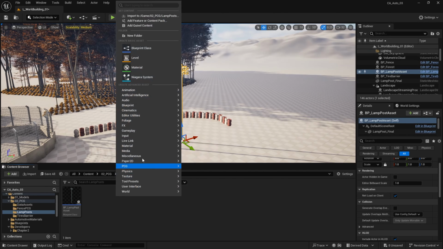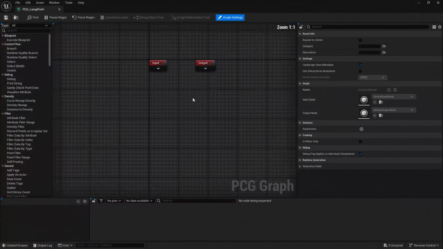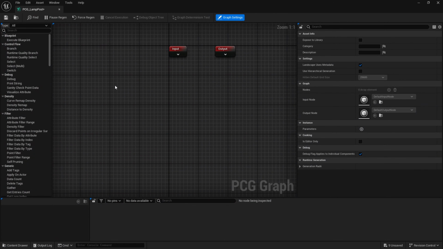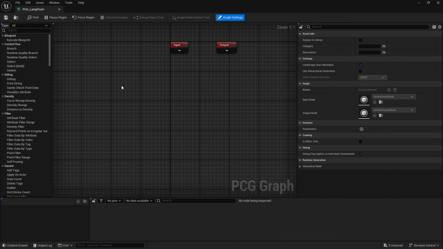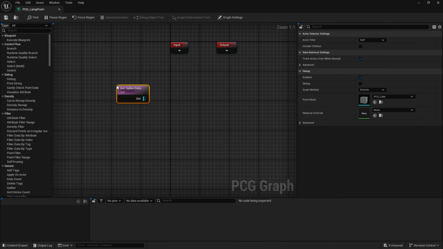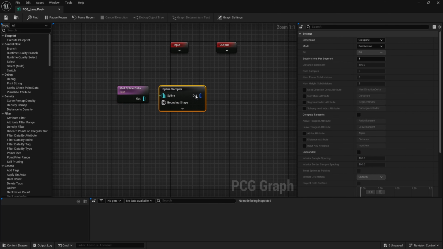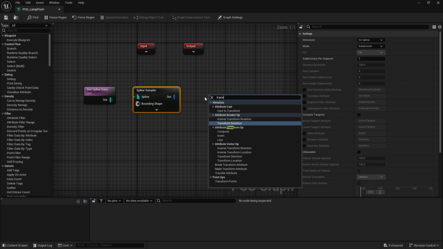So I'm going to right click and search for PCG graph. Let's call it PCG lamppost. Double click on this and I'm going to add the necessary nodes to make sure that it works along this plan that we're going to then create inside the actor blueprint. So let's search for get spline data, add spline sampler, transform points,